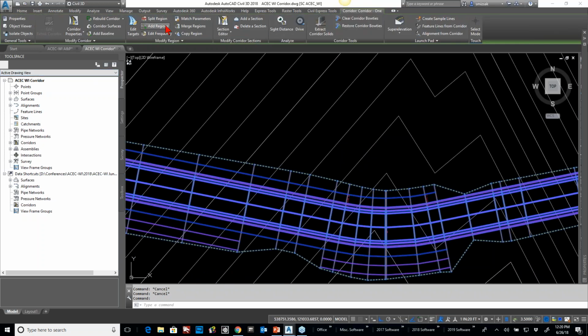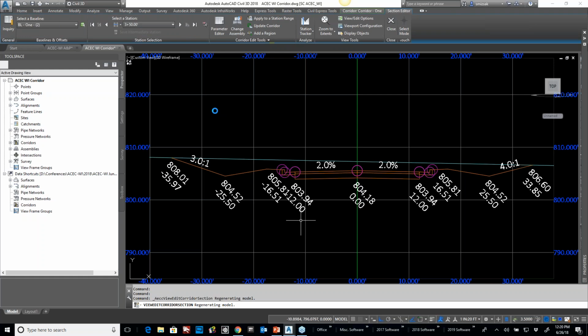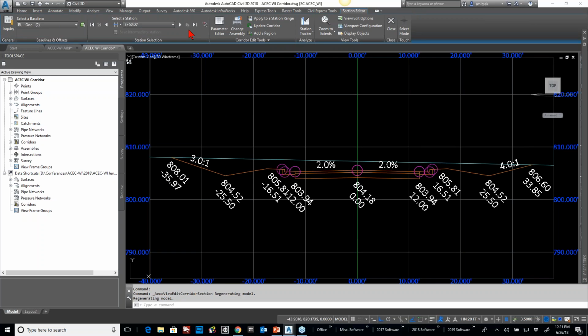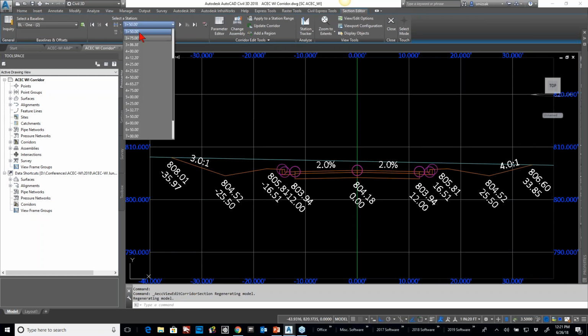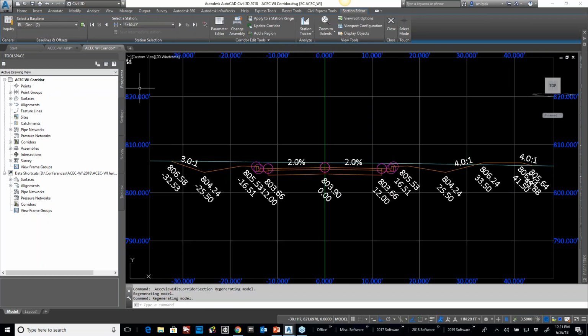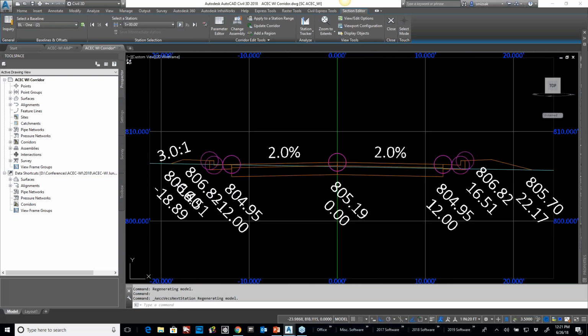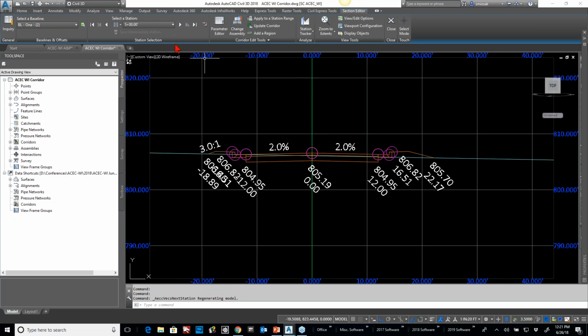So I'll come into Section Editor, and we will take a peek around station 4 plus 90. And so I'll jump up around 465. And you can see that, yep, my center line is below. And as I start moving, now my center line, when I'm at 5 plus 0, has now gone above the EG surface. And the target elevations have all been based off of